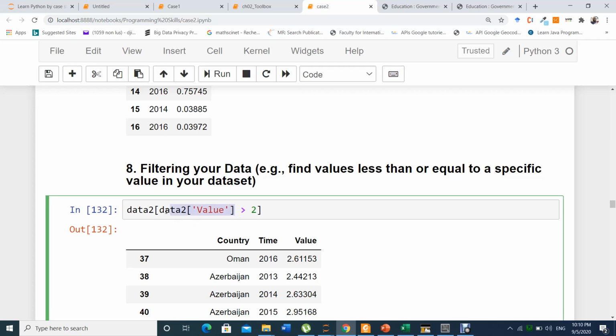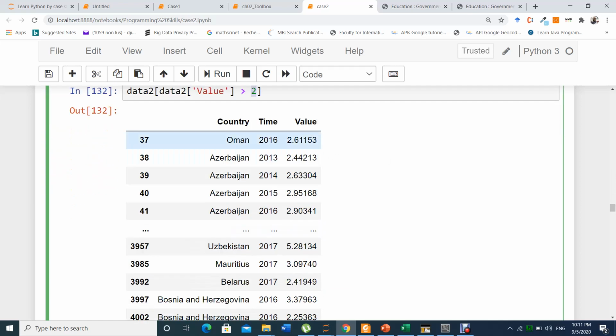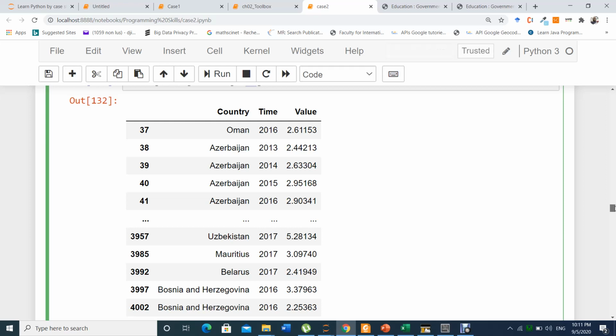And from the column values, you want to take only values greater than 2. When you print it, you see this one greater than 2 is true, this one greater than 2 is true. So you can control the values you want for your analysis. It is also very important for data analysis. Sometimes you want to apply some criteria.